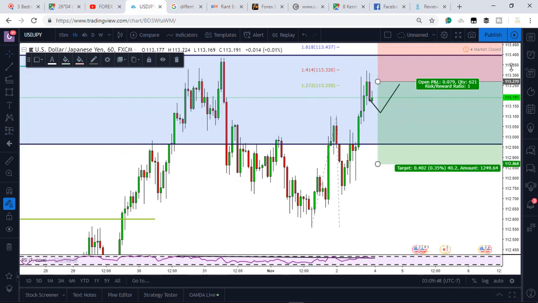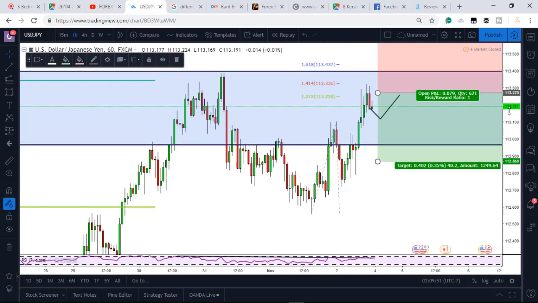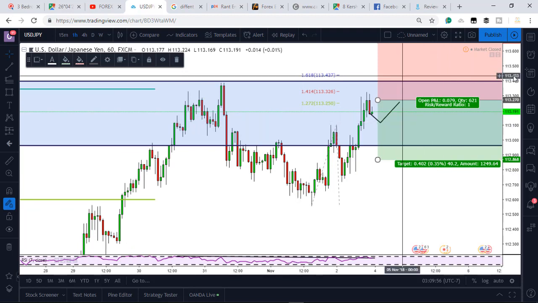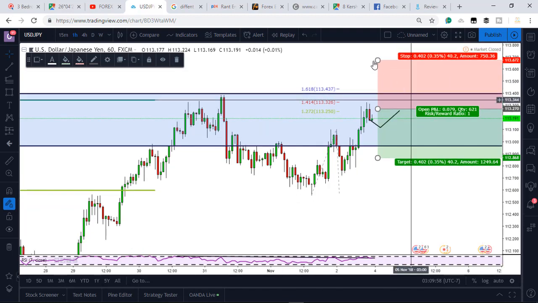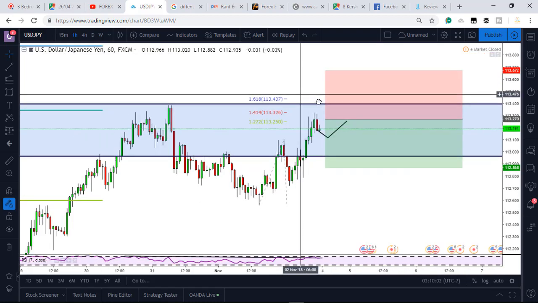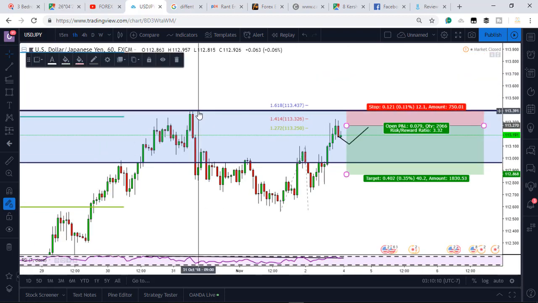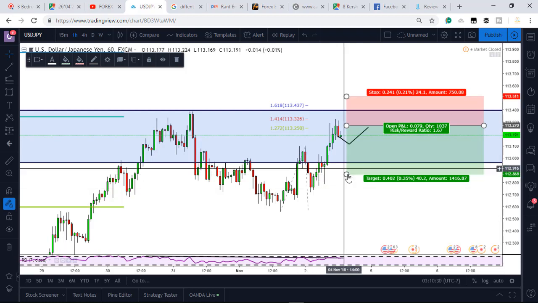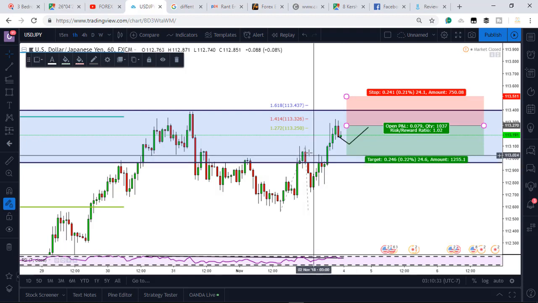Okay, I'll start with my stop loss before I even consider where I'll be taking my profit. My first key concern is my risk. I want to see if I'm able to tolerate this risk. So I'll be looking to put my stop loss just 10 pips above the highest high of this week, and you can see we're risking 12 pips, so around 24 pips in total, and this will be at 113,115. And for our first take profit, you could be looking to have it back at this level